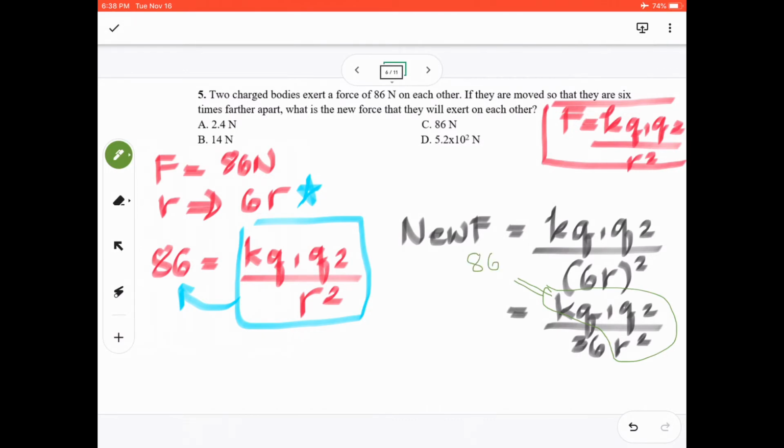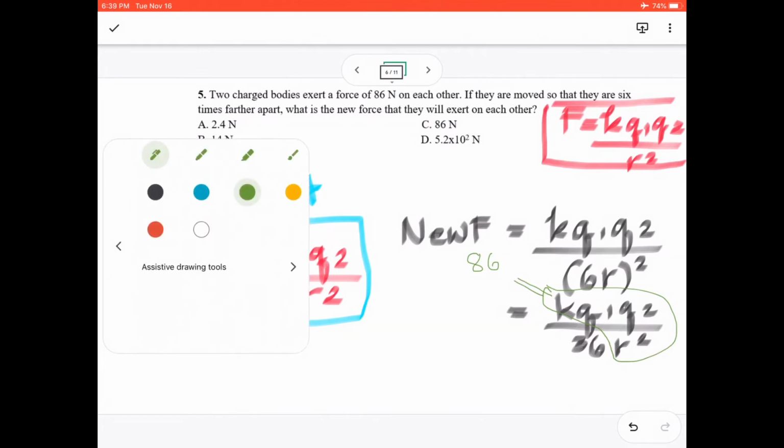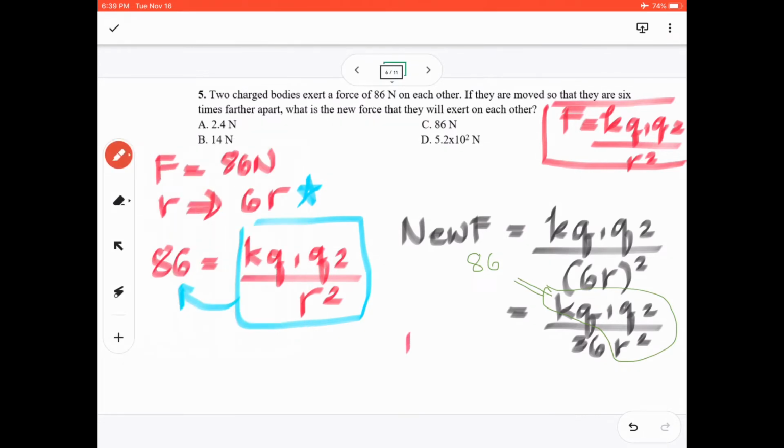Okay, so what does it mean? It means that we are going to multiply the new F by this factor, which is actually 1 over 36, multiplied to the 86, the original force. So if you multiply 1 over 36 times 86, you'll be getting the number,